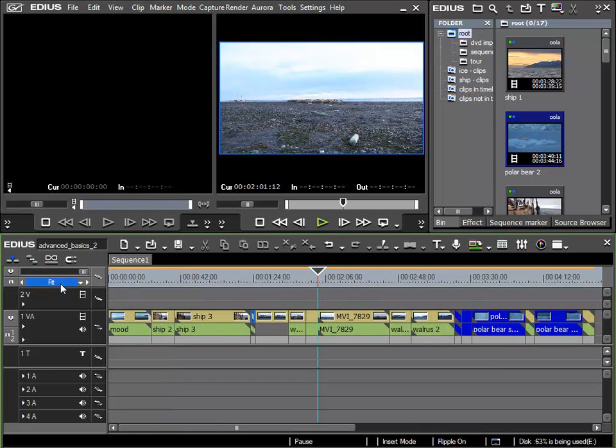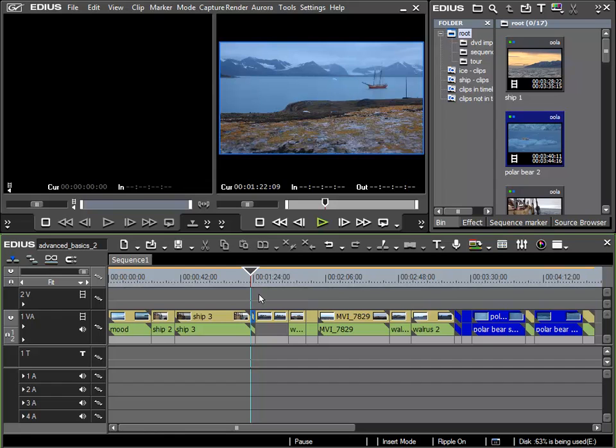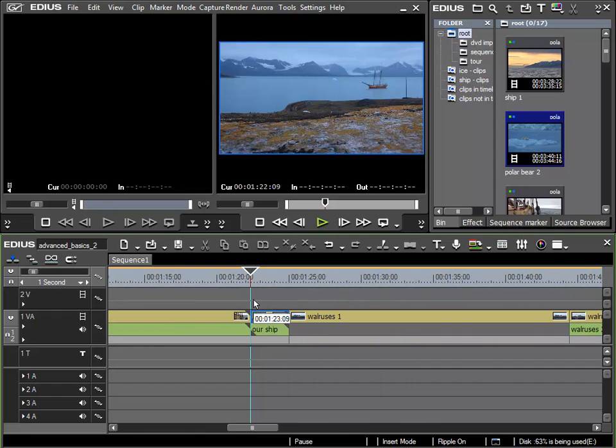I'll zoom to a total overview by clicking here in the center of this button, and now I can see my entire timeline, and then by positioning the cursor here above the clip I want to view, I can then zoom in by using the mouse wheel whilst holding the control key down. And now I can mark the clip by clicking on it, and I can move it by dragging it,